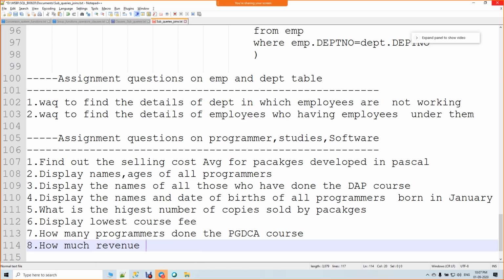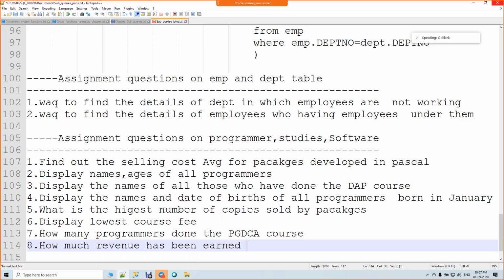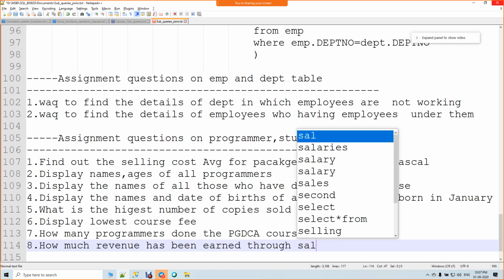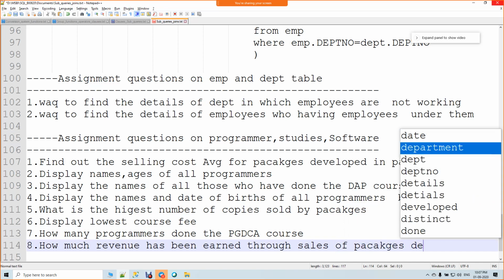How much revenue? Sales of packages development.